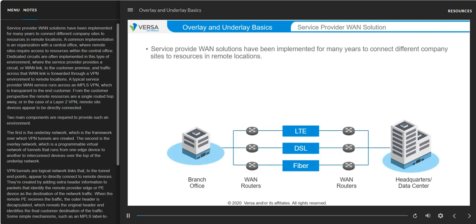Service provider WAN solutions have been implemented for many years to connect different company sites to resources in remote locations. A common implementation is an organization with a central office, where remote sites require access to resources within the central office. Dedicated circuits are often implemented in this type of environment, where a service provider provides a circuit or a WAN link to the customer premise, and traffic across that WAN link is forwarded through a VPN environment to remote